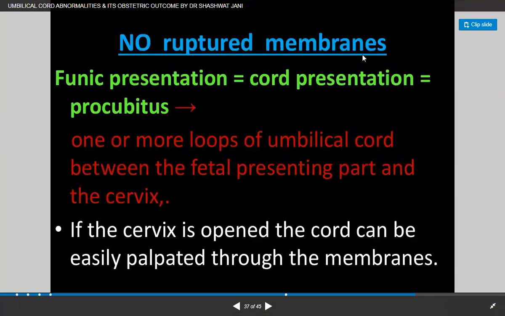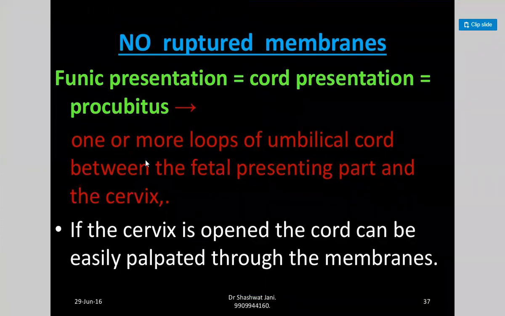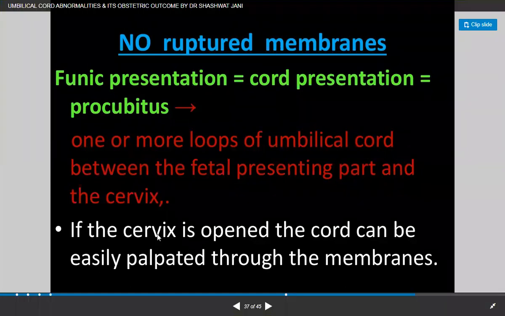So no rupture of membranes, that is cord presentation: one or more loops of umbilical cord between the fetal presenting part and the cervix. And if the cervix is open, the cord can be easily palpated through the membrane. So definitely, if you do a vaginal examination,